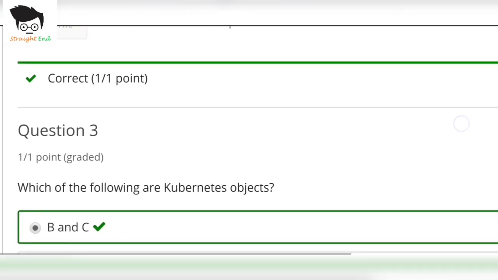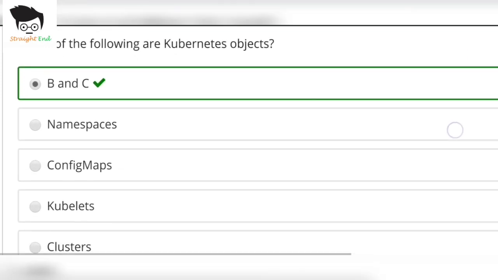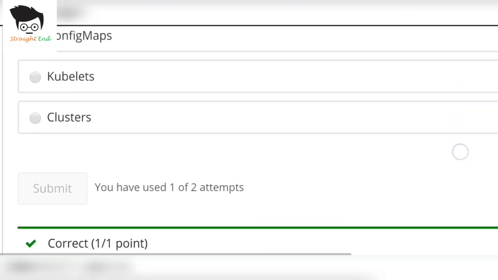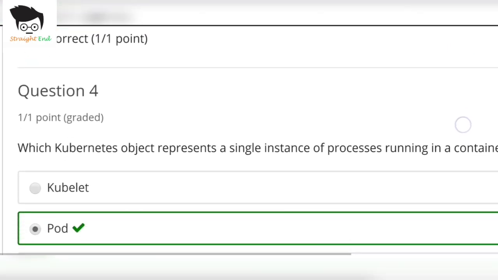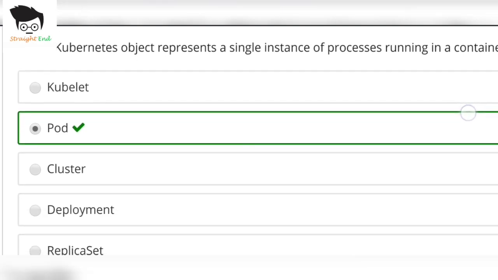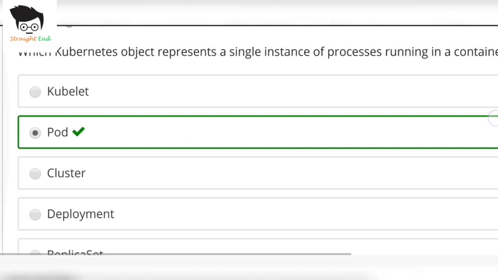Question 3, which of the following are Kubernetes objects? Namespaces and config maps are the correct answer. So click on B and C and submit it. Then the next question, which Kubernetes object represents a single instance of processes running in a container? So pod is the correct answer.